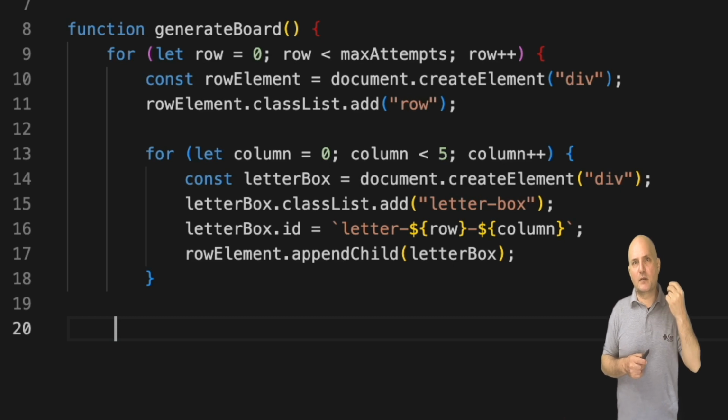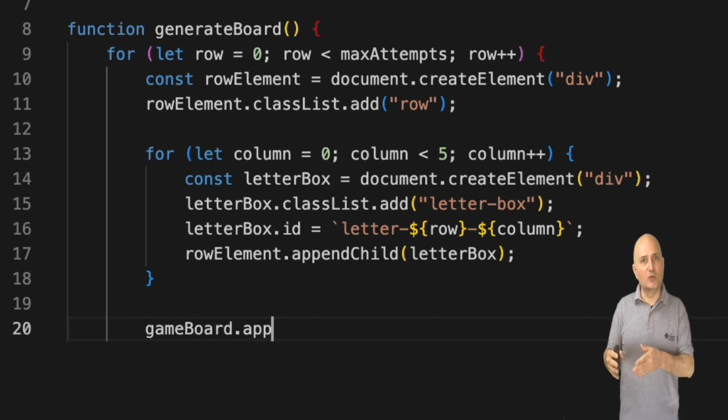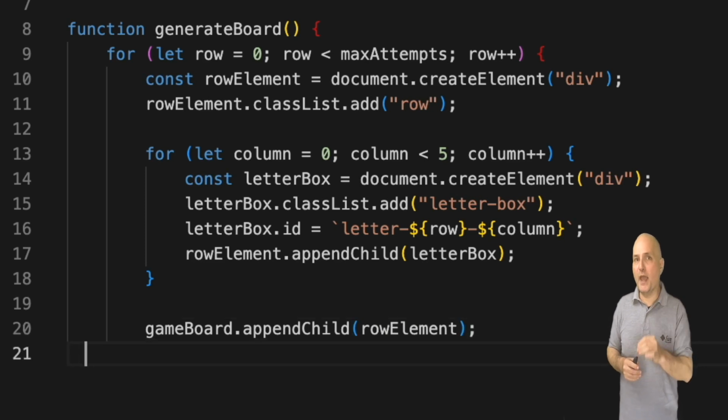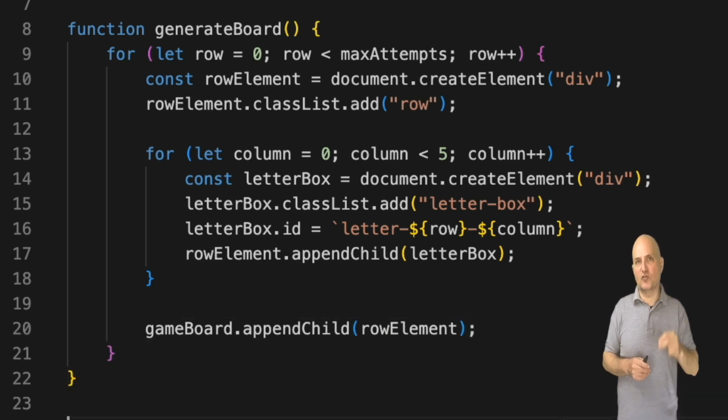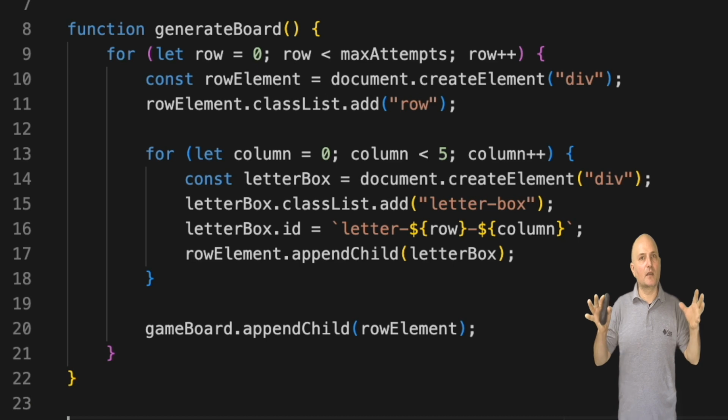Now it's a standard part of the row hierarchy and will appear as we expect it in the row. We now need to add the row to the game board, which we do like this. With that, we dynamically construct the entire game board.